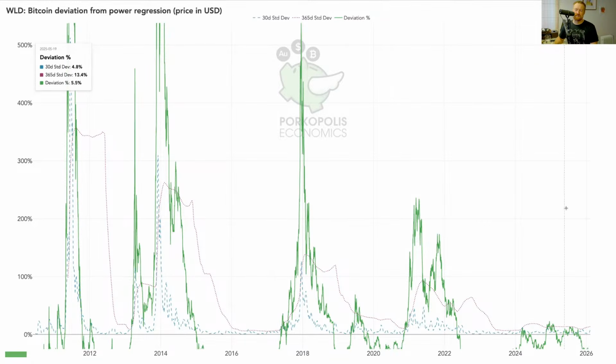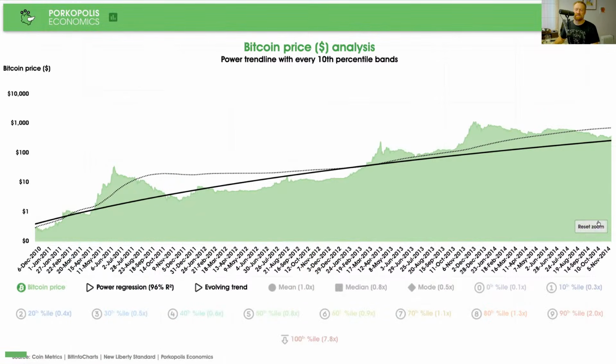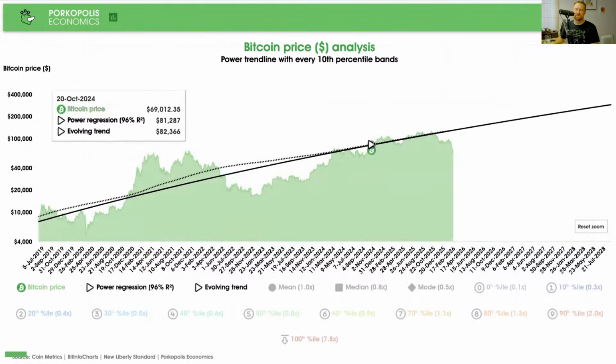Next thing I want to show you guys, which obviously, as you know, I'm quite cautious with my calls, I'm just quite cautious. But as I said, when people were saying the 4-year cycle was over, in this area, people were saying the 4-year cycle is over, it's going to stay on the power trend. I said, let's wait until January, February, see what's happening. Now we know what's happening.